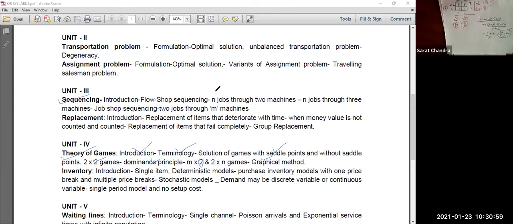That is all about theory of games. I hope you got what I want to convey. The important thing is, if you see the books, there are a number of formulas to calculate the value of the game and the corresponding probability. But without using any formula, by this trick, you can solve the problem. And if you are thinking whether you will get full marks or not, yes, you will get full marks.